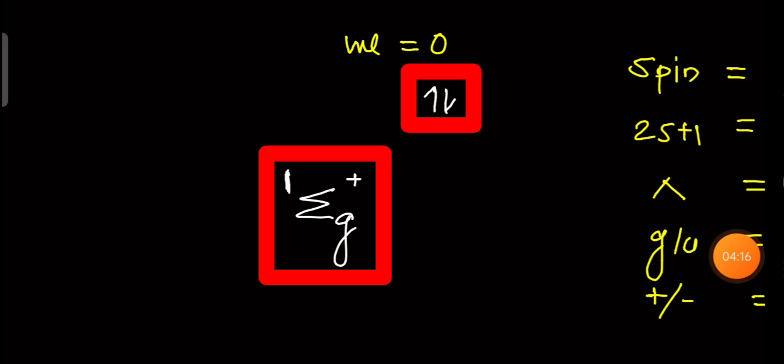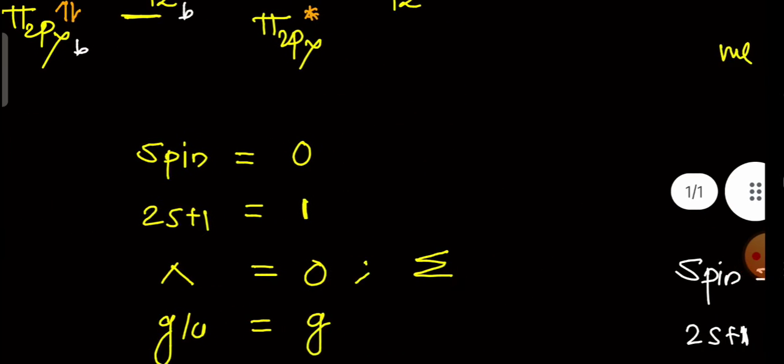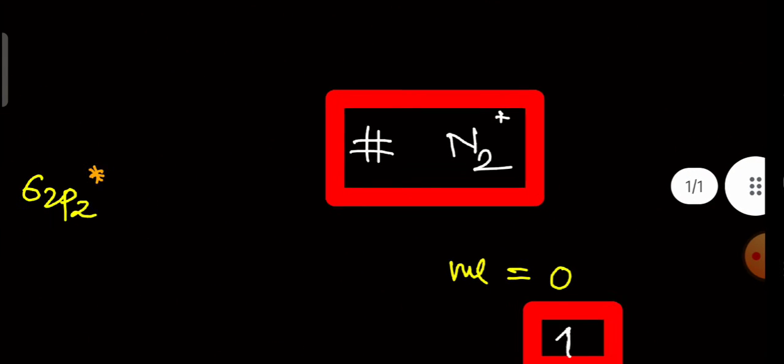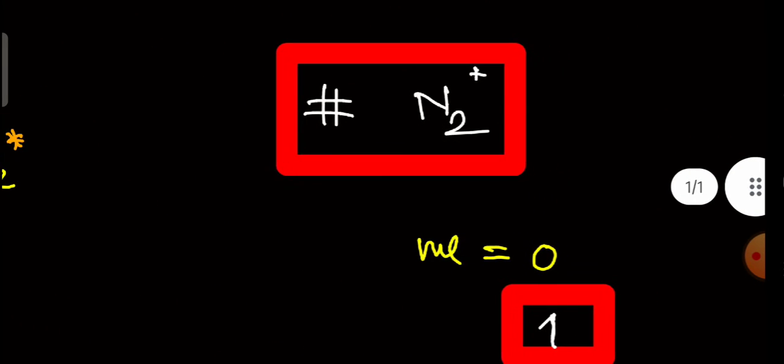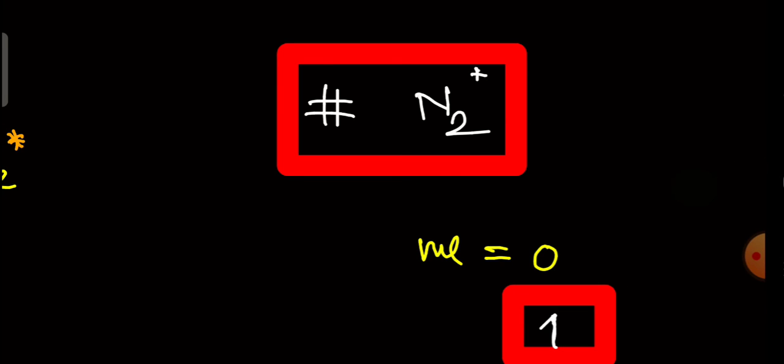So the term symbol is: the 2S plus 1 value, then sigma g plus. So 1 sigma g plus is the term symbol for the nitrogen molecule. Okay, similarly we have another molecule, that is N2 plus. When I have this N2 plus molecule, it has the same electronic configuration, just one electron is reduced now because of